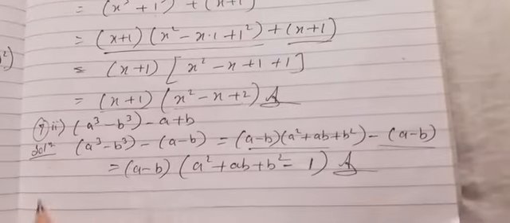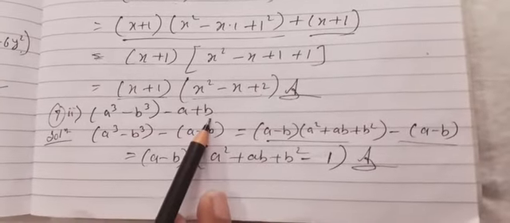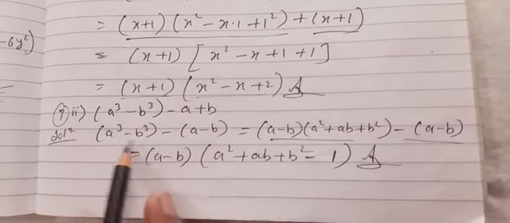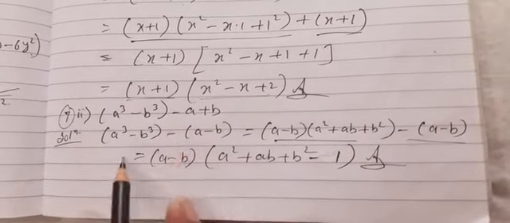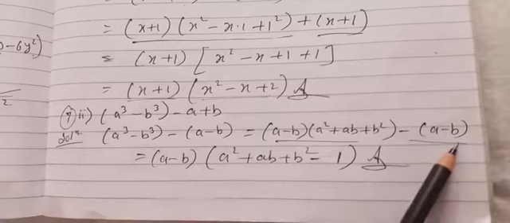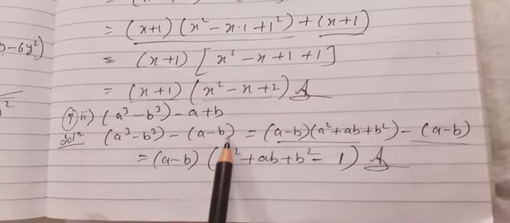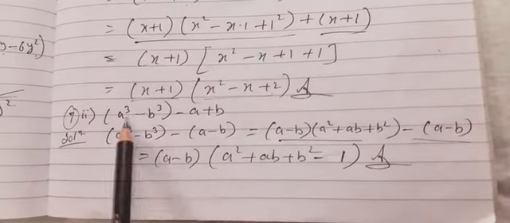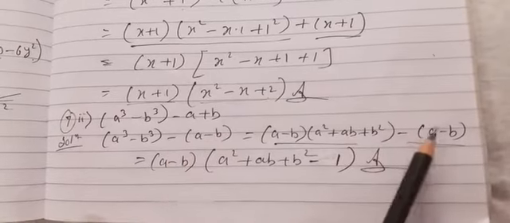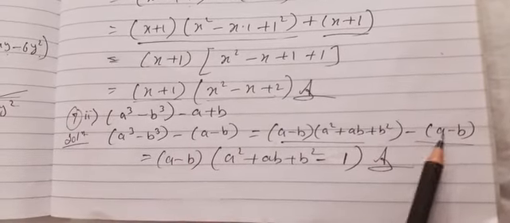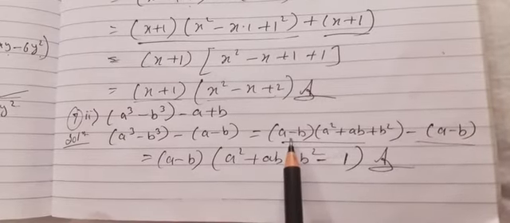Now the last question of this video will be this one, a cube minus b cube minus a plus b. Again we will write the formula of a cube minus b cube. Before that, what we will do, we will take minus as common, so that we are having something common, that is a minus b. We can't take a plus b as common, because in our formula there is a minus b. So smartly, because the question also gives you a clue or hint that you just take minus, so that a minus b, and because after that step you need to take common outside from the expression. If here is a plus b and here a minus b, you can't take common.